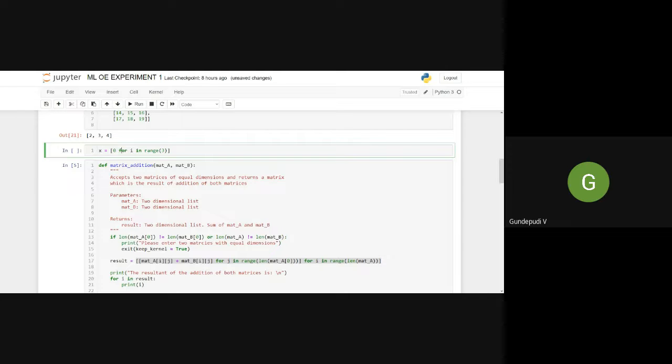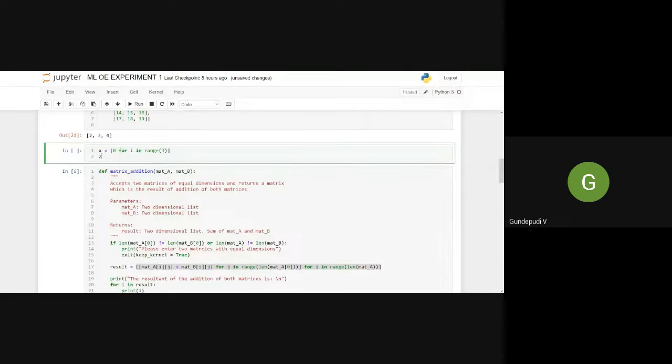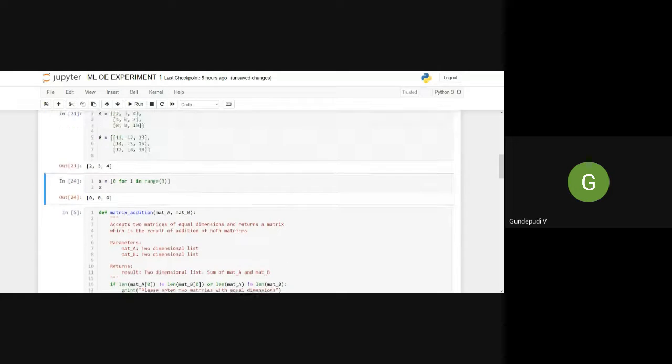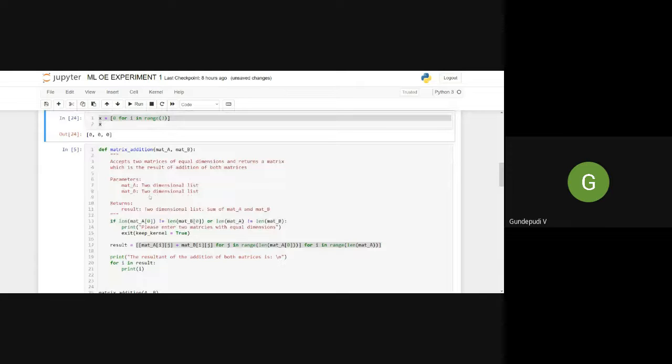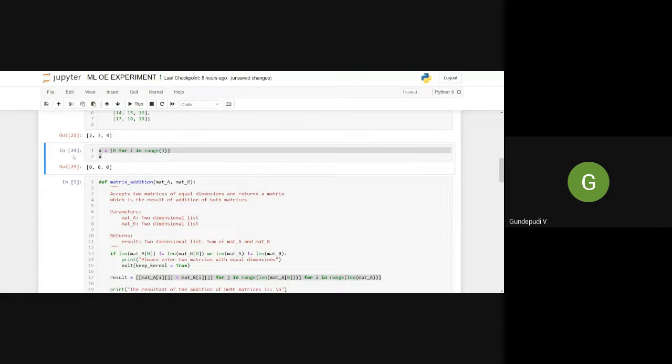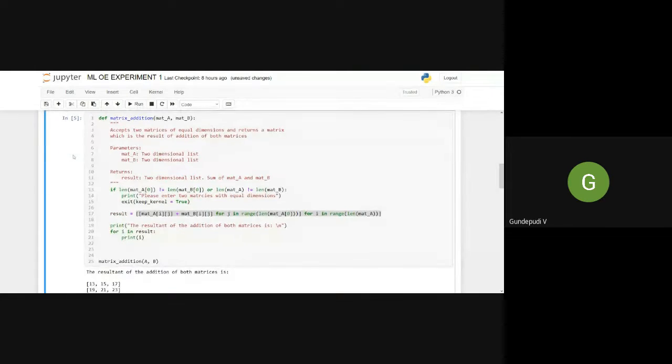It will give 0 for i in range 3, which means for i counting till 3, X will have the value 0. So if I print X, it will give me a list of 3 zeros. You guys get what list comprehension means? Yeah, got it. It's kind of like a dynamic equivalent, right? Yeah, exactly that. I don't know whether it's faster or not. I haven't tested it out, but I find it much more comprehensible than a for loop. For loops are a little basic and better to learn from, but I feel list comprehensions are more comprehensible and